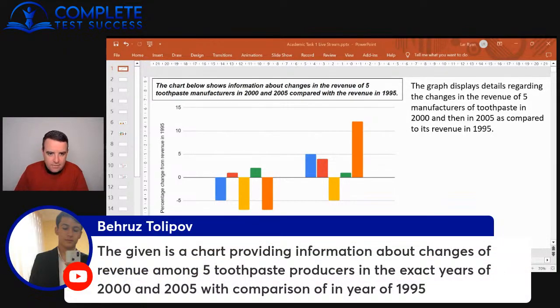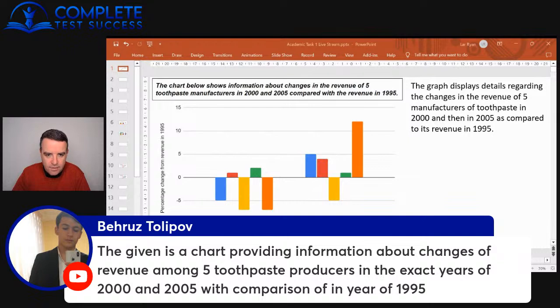Okay, Beruz has another paraphrase here. The given is a chart. So we would just say the given chart. Delete "is a". The given chart, and then we need a verb. So you've put in providing, which would be a gerund. It acts as a noun, but you need a verb here. So the given chart provides information about changes